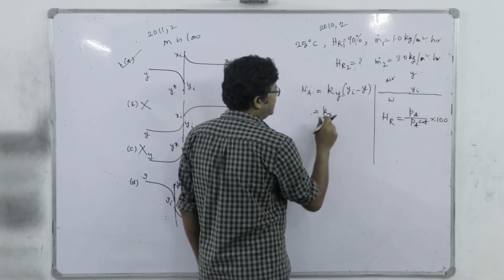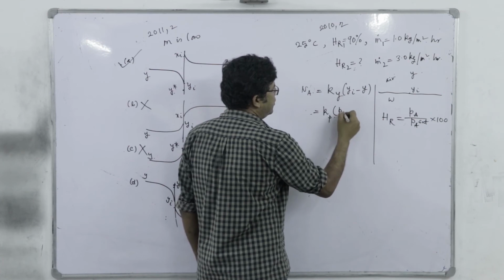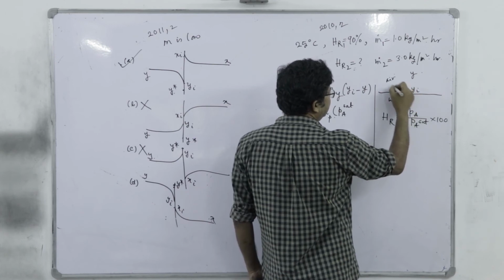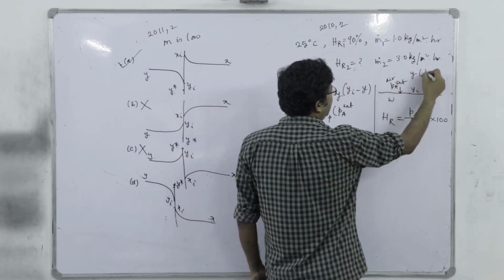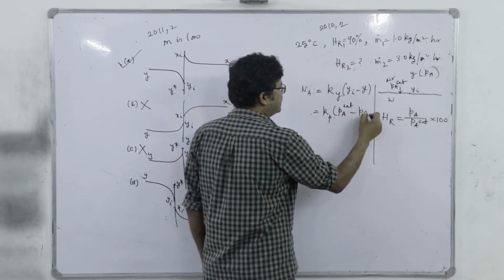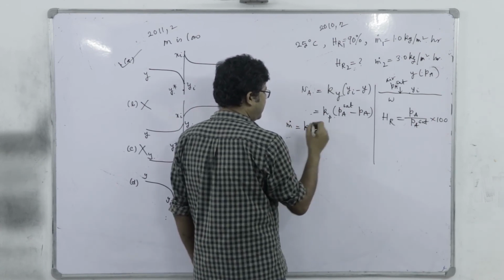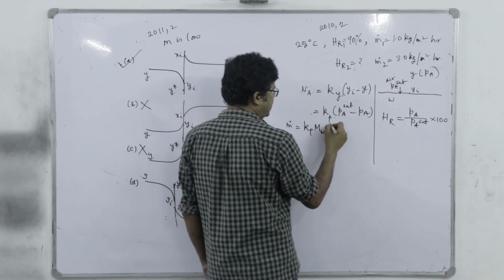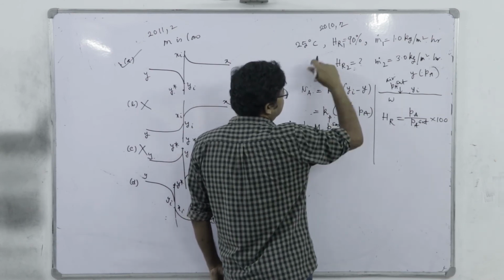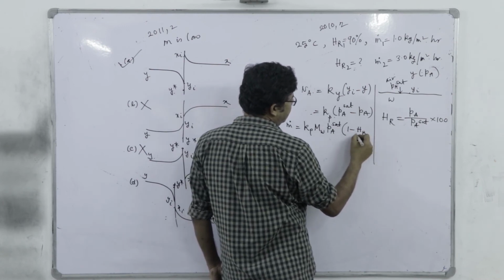So we can change it to Kp into Pasat or Pai, which is Psat. Here this partial pressure at this interface is a saturation pressure, and far away it is Pa. So Psat minus Pa, right? So m dot is equal to Kp into the molecular weight of water. Now if I take this Psat common, temperature in both cases remaining same, Psat common, so you can write 1 minus this HR divided by 100,